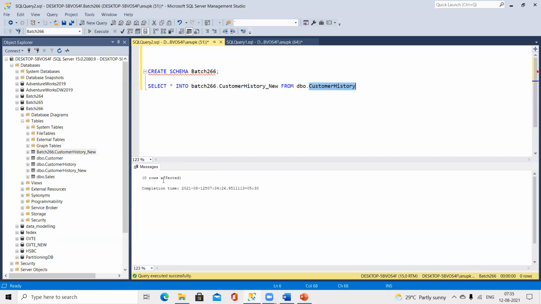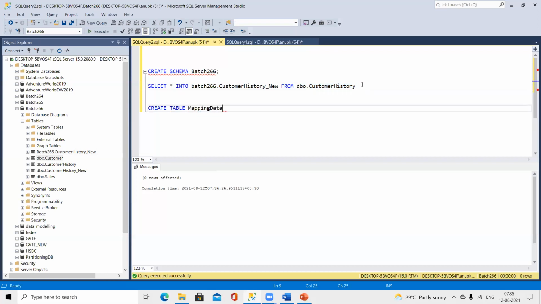So if you have multiple schemas in place, you should be using the schema dot notation. That means the schema name dot table name, to do anything that you are doing. Right now in my database, I have two schemas in place. One is the DBO, which is the default schema. Suppose that now I have multiple schemas here, right? Now suppose that I just do this create table statement, create table,